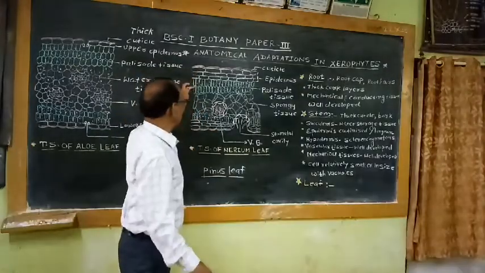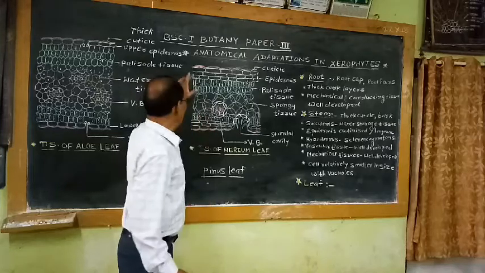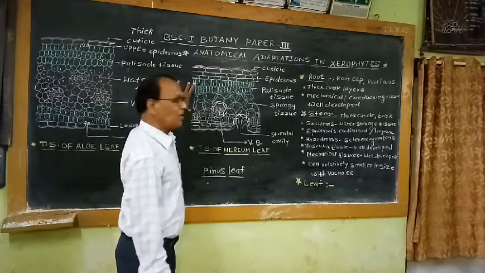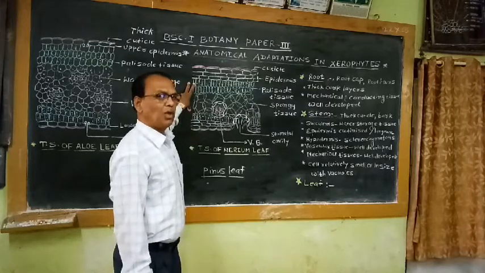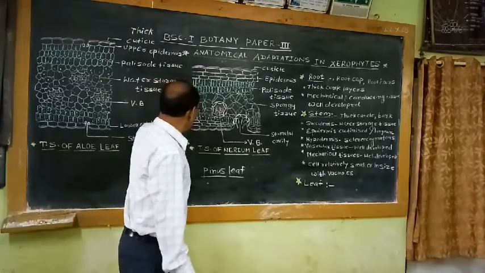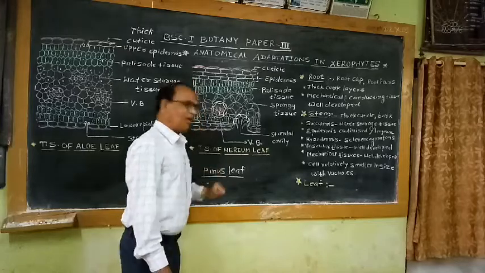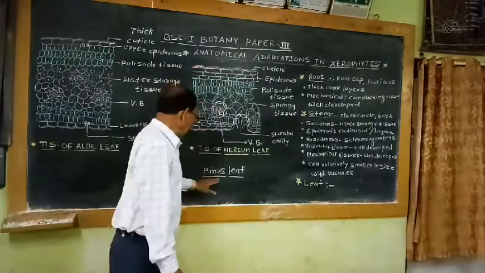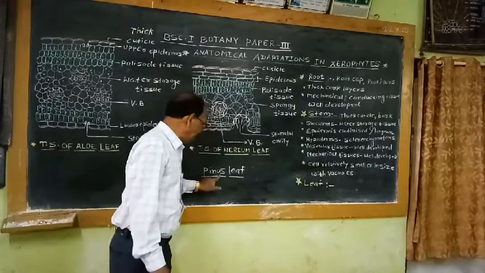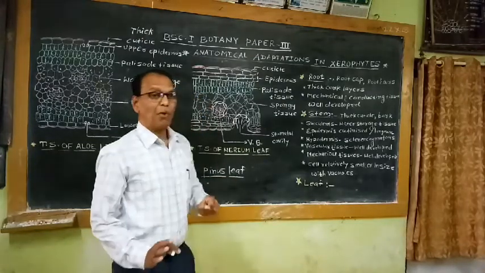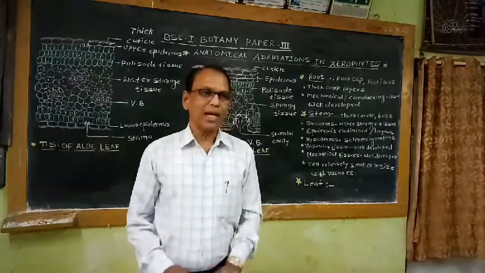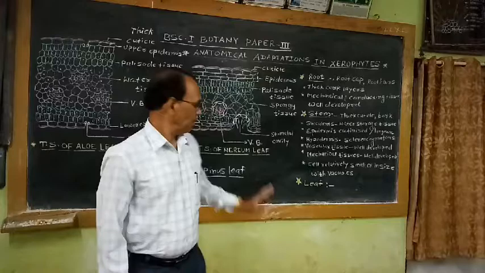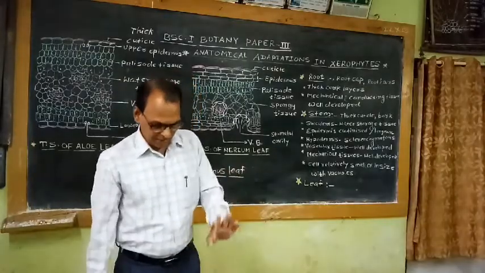So below the epidermis there is palisade tissue in most leaves. In between the two epidermis, upper and lower, the middle portion is occupied by mesophyll tissue. That means in the spinous leaf there is no distinct mesophyll tissue. The epidermis is followed by the hypodermis, and this hypodermis in the spinous leaf is made up of sclerenchyma tissue. So this multi-layered sclerenchyma hypodermis is the adaptation in this spinous leaf anatomy.